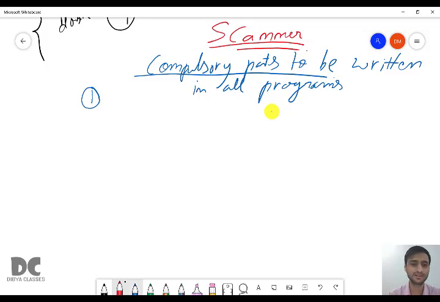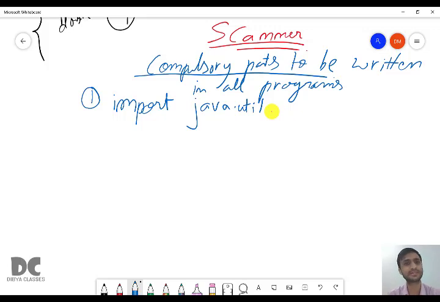So first is the import statement. Before using scanner, you have to import it, bring it from the package. Scanner is present in the java.util package. But don't bring only scanner, we'll be using input mismatch exception also, if you can remember.